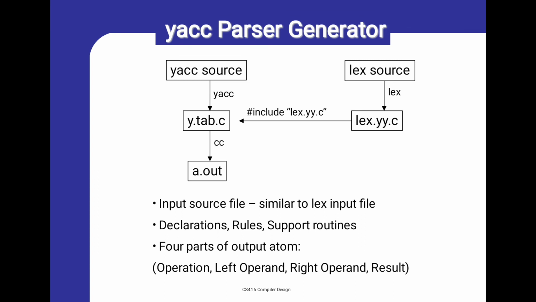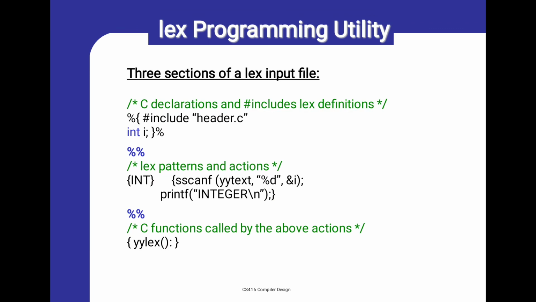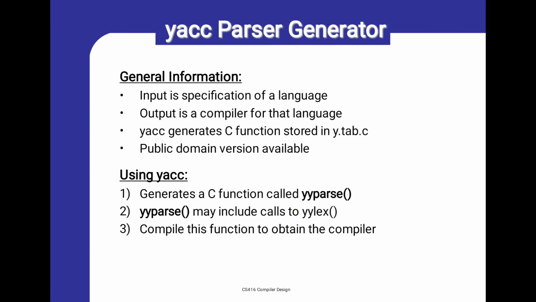Specification of the YACC tool. The YACC file consists of three parts: the declaration section, the rules section, and the procedure section. In the declaration section, ordinary C language declarations or header files can be put. We can also declare grammar tokens in this section. Next, the rules section. It consists of all the production rules of the CFG with the corresponding actions. These rules are separated with the help of double percent symbols, which are available in Lex itself. Lex also uses a double percent symbol.